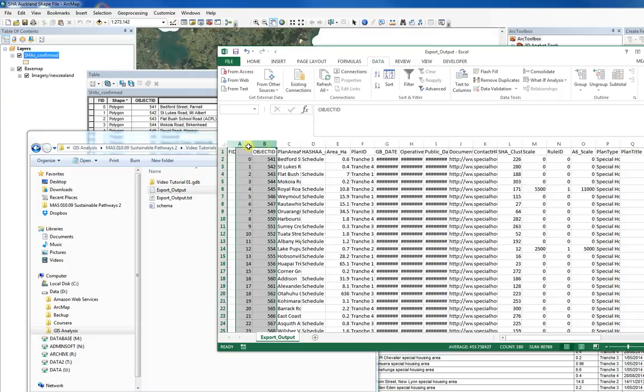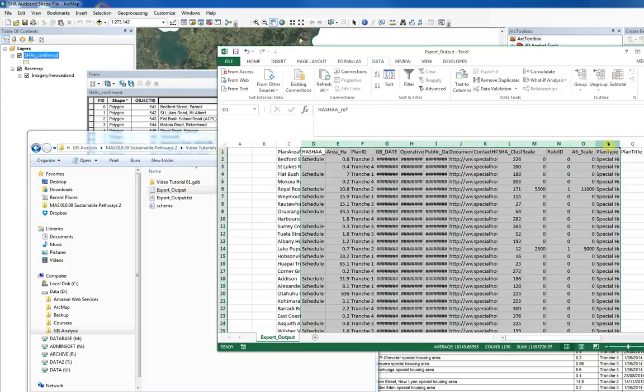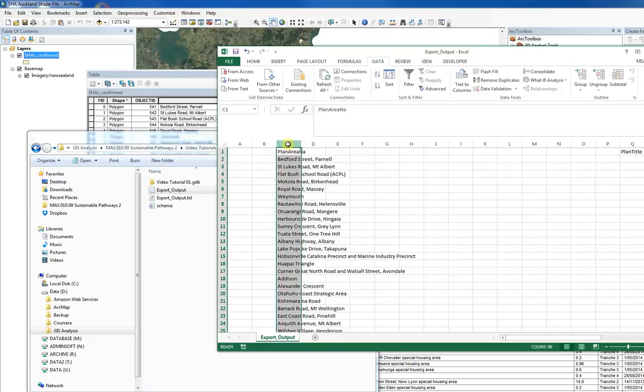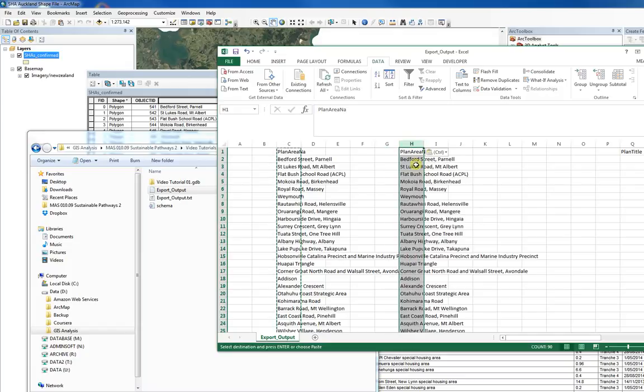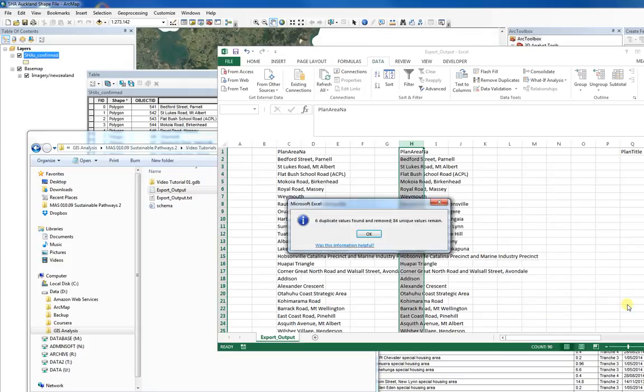And what you're interested in here is the plan area name, this column C. So we can actually delete the rest of these columns. And I'm going to just make a duplicate of C. I'll pop it in here. And under this I'm going to remove duplicates because there may be two special housing areas with the same name. Yes, and as you can see there were 6 duplicate values found